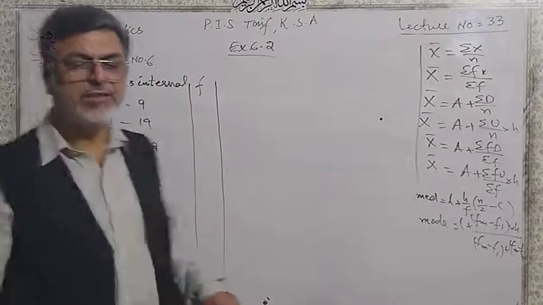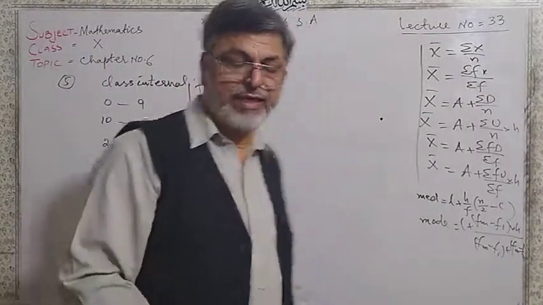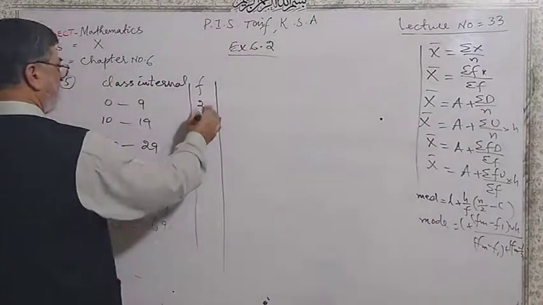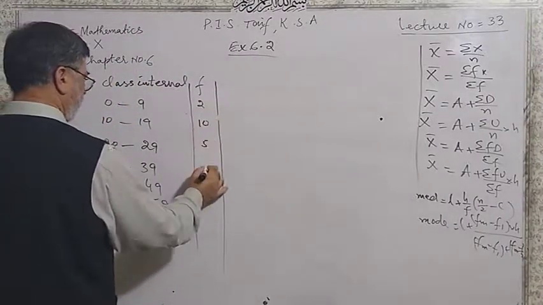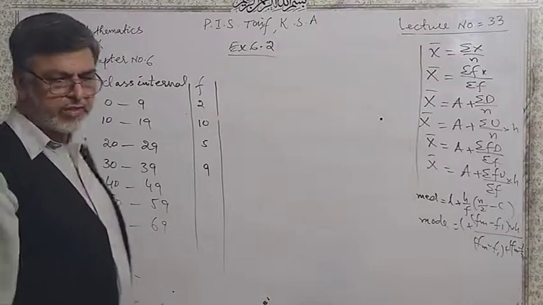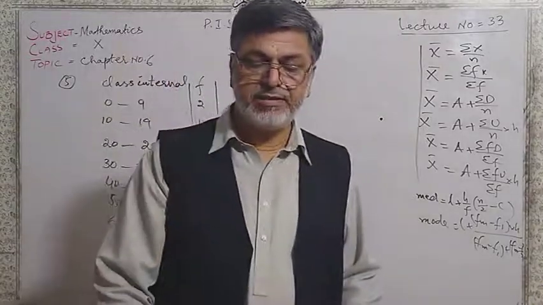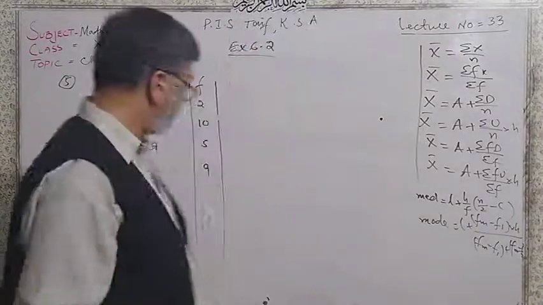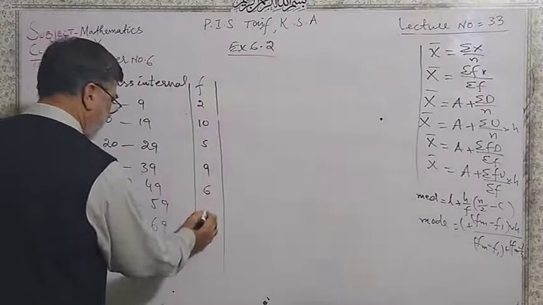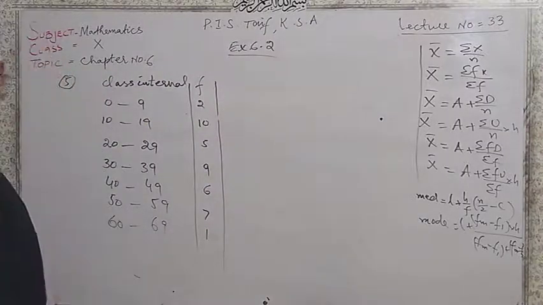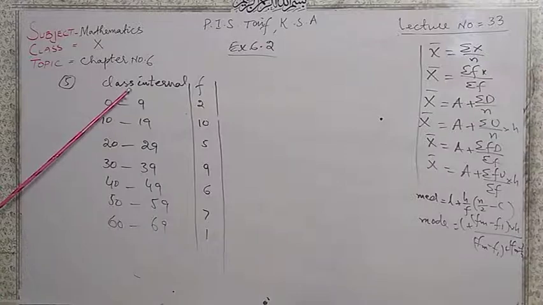Frequencies are 2, 10, 5, 9, 6, 7 and 1. Remember that classes are given, class intervals, groups are given, frequency is given, so that's why